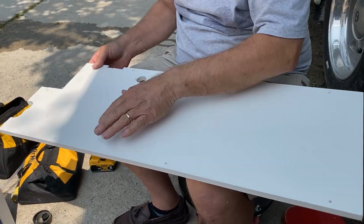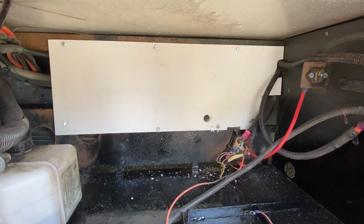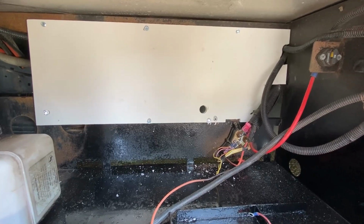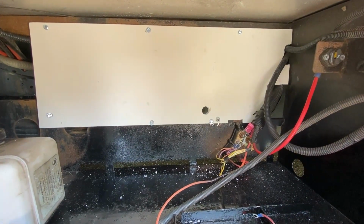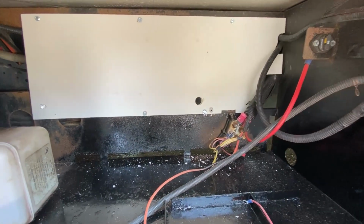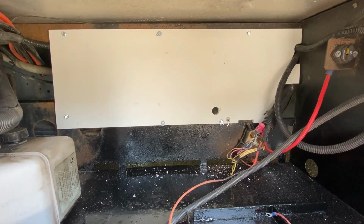I'll show you when we get it in. Okay, so there's our piece of PVC in the battery bay. He ain't perfect, but he's my brother. It's gonna have to work. So we haven't blocked off everything, but at least we'll keep most of the major splashing out, and we'll put